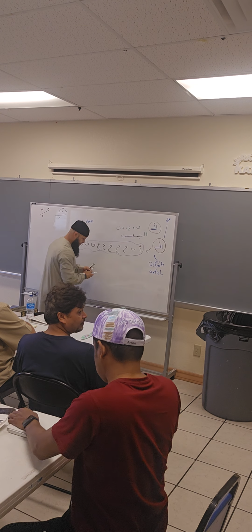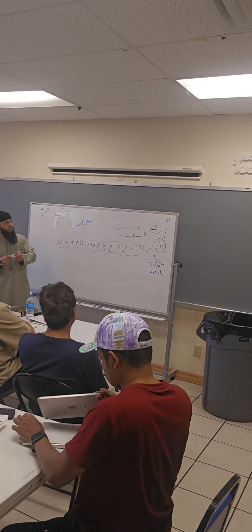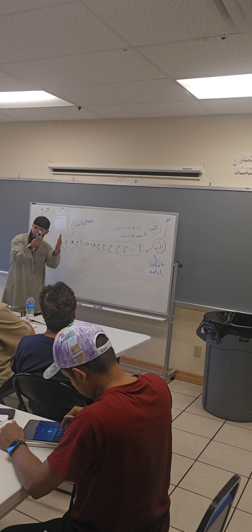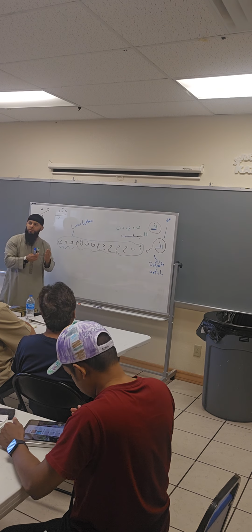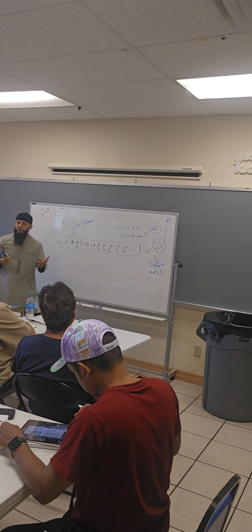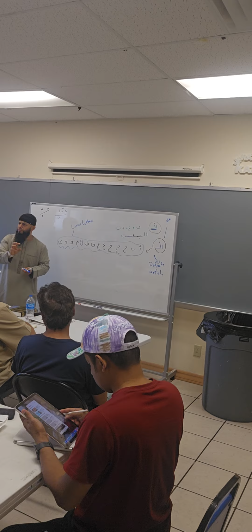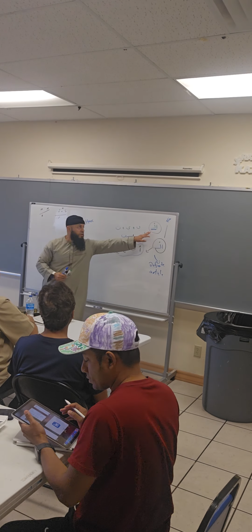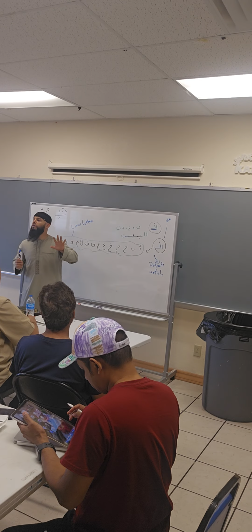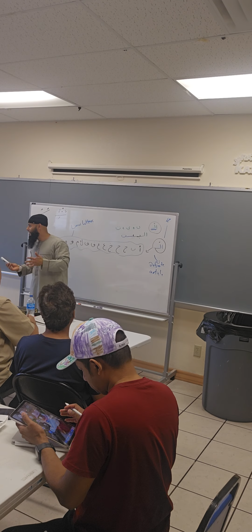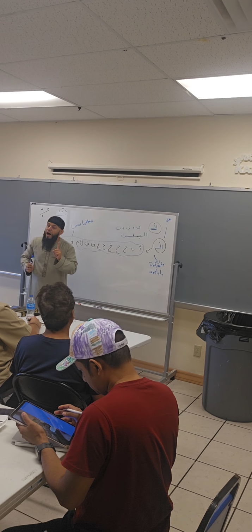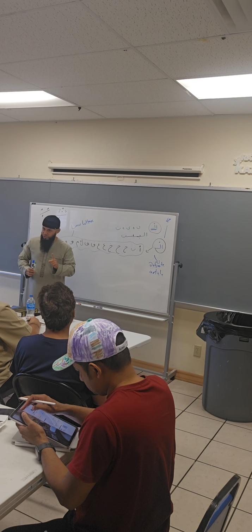Okay. We're still talking about the definite article, which consists of alif and lam together. It's called the definite article. What's the function of that definite article? Specific. I'm talking about a specific thing. And this definite article is not connected to verbs. I cannot connect it to verbs. I cannot connect it to names. Only to nouns in Arabic. Nouns. Things. Which means things, right?